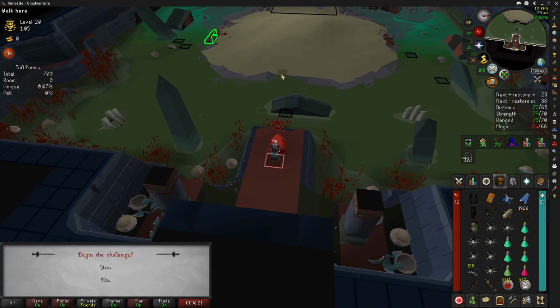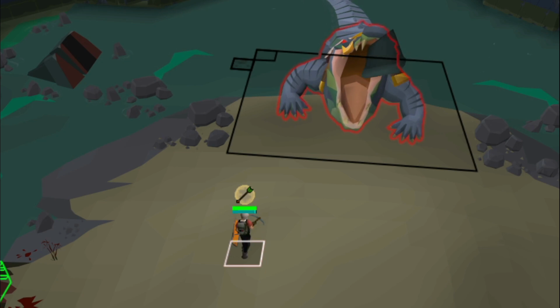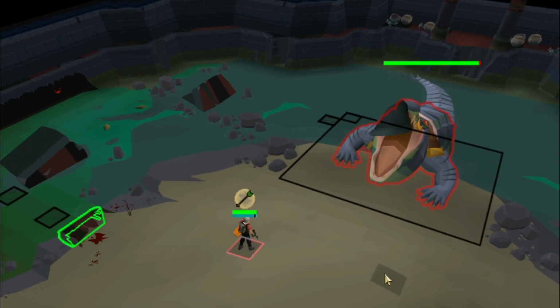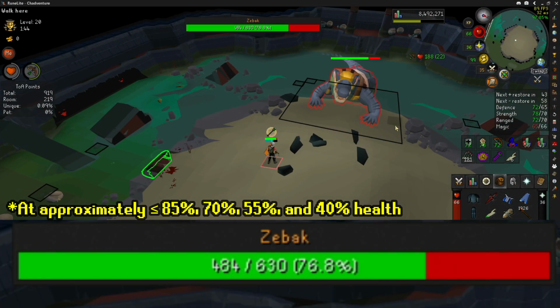Mechanically, I would also say that Zebak is pretty simple with no invocations added. There's a jug animation which warrants a magic attack, a rock animation which warrants a range attack, and damage is calculated when the animation reaches you, so you have plenty of time to react with the proper prayer. At 4 different health thresholds, Zebak will use one of 2 special attacks, either Tidal Waves or Great Roar, and